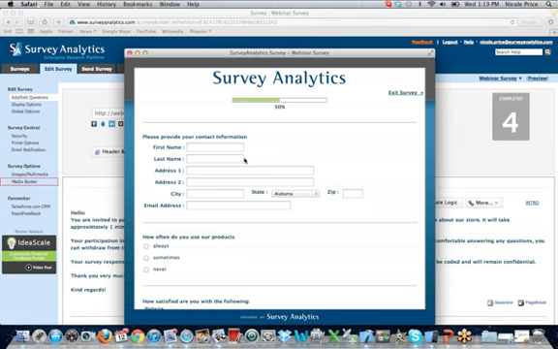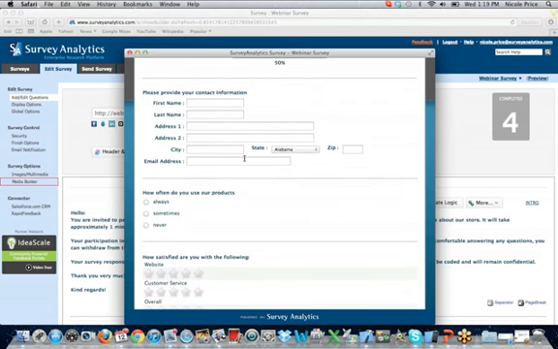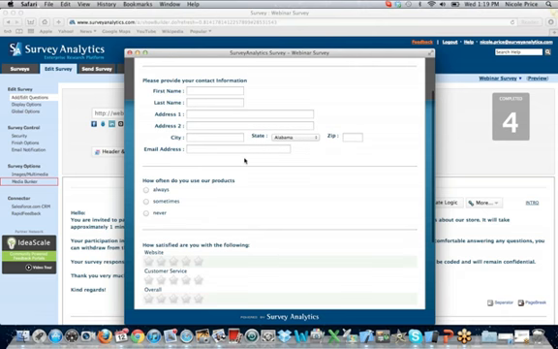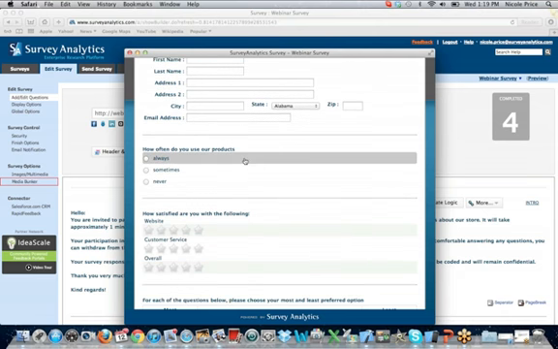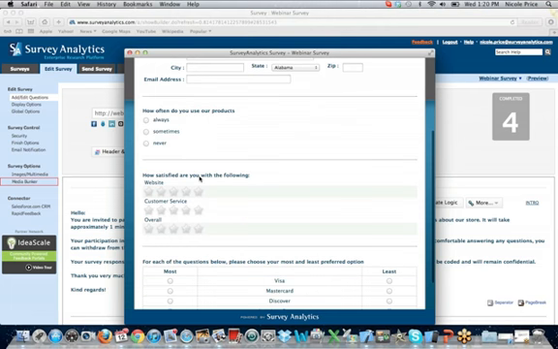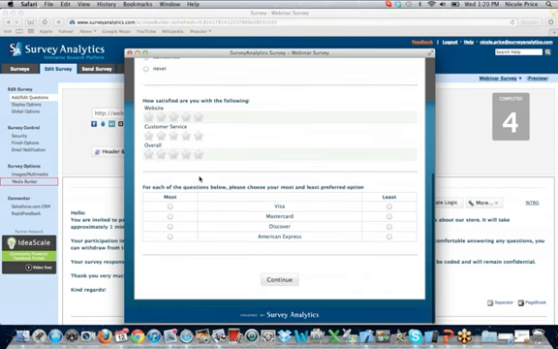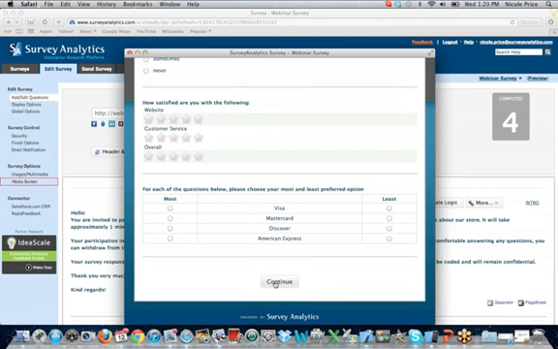So my contact information question is going to show first. And I did not separate these into separate pages. You do have the ability to do that. I just kept all of my questions on one page for this. So then they can go through and answer the questions. You'll want to make sure all of your logic is working properly prior to sending your survey out. And when I choose continue,